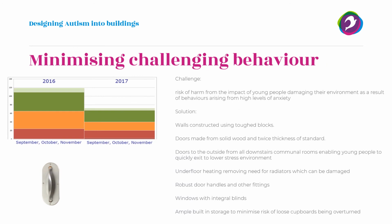So minimising challenging behaviour in the building design was something that was an absolute key concept for us, and we wanted to check back that we actually had been successful in this aim of ours. So our challenge was the risk of harm from impact for young people damaging their environment as a result of their challenging behaviour or high levels of anxiety. Things that we built in were things like